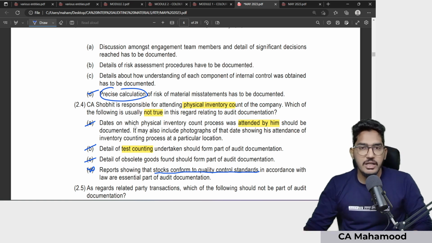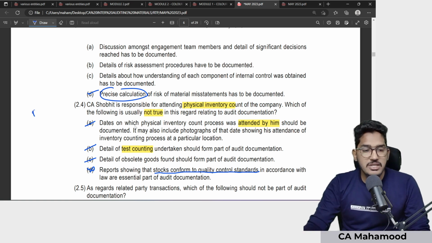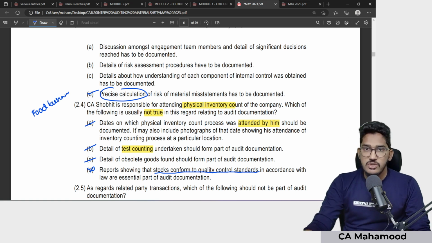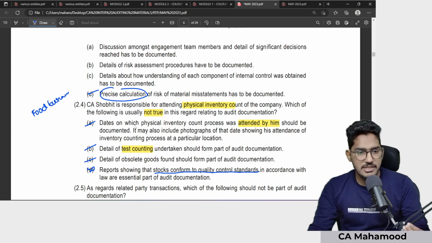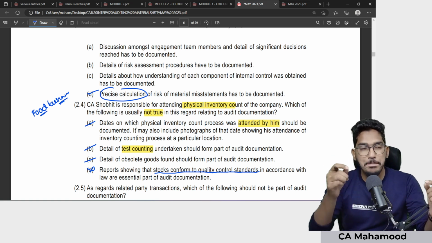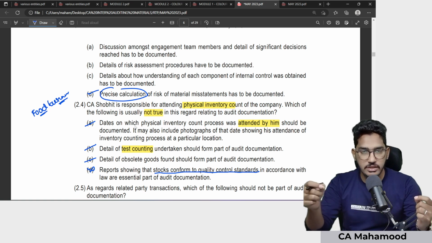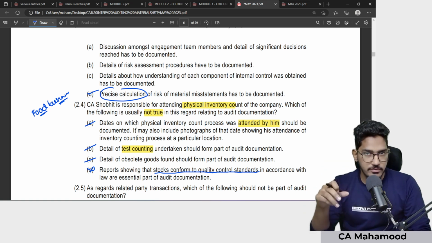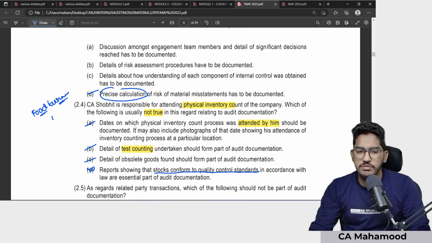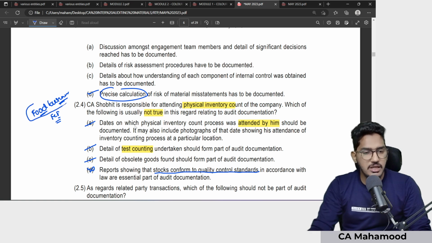Assume that you are conducting audit of some company which is engaged in the food business. So now, as a part of food business, as per FCI related norms and regulations, some food is required to be packed in airtight, zero air packaging. So they will completely take out the air and pack that material. This is a requirement of FCI now. So now when I go for physical verification of this particular company, which is engaged in food business, I will